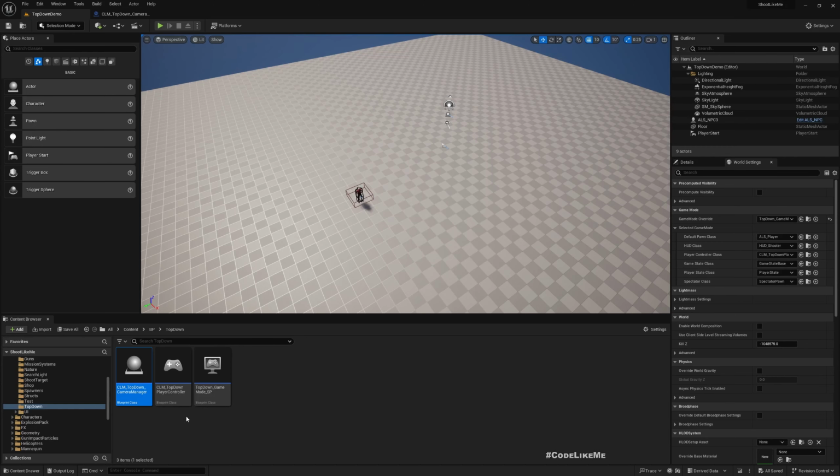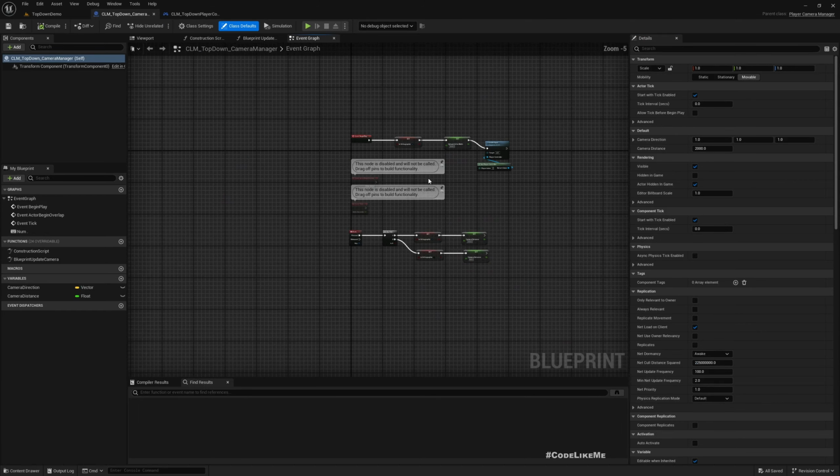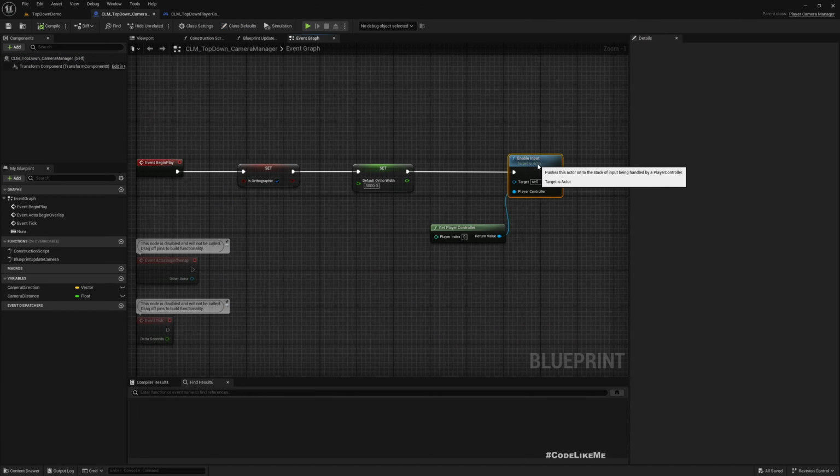In case you don't remember, in this top down game mode I have this top down player controller which uses this CLM top down camera manager blueprint. So here what I do is